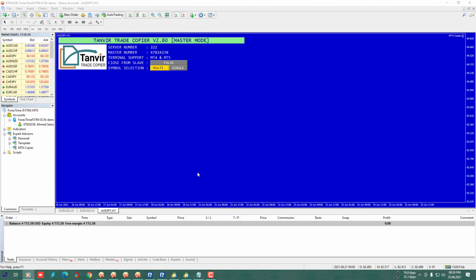Now set the copier in the remaining two terminals one by one with server number 222 and master number 47824238.